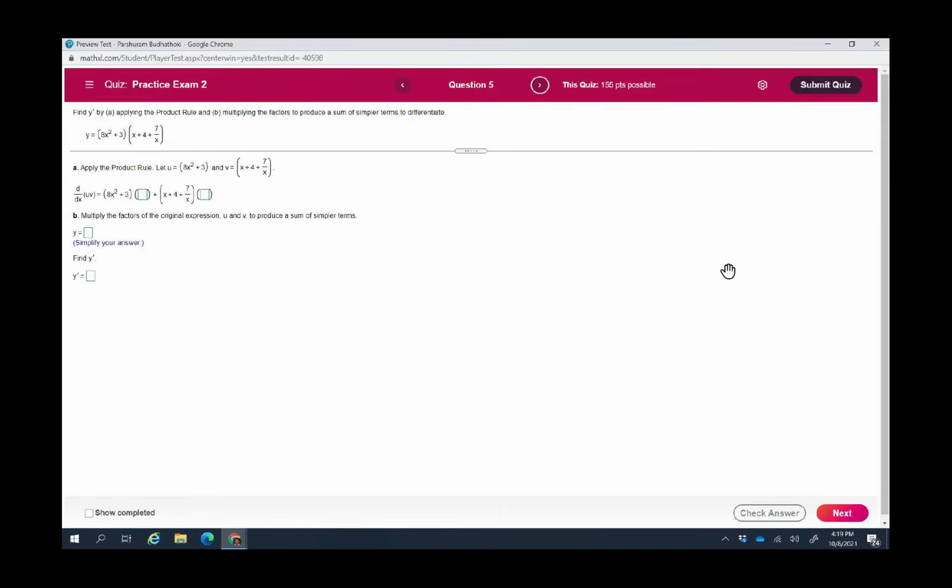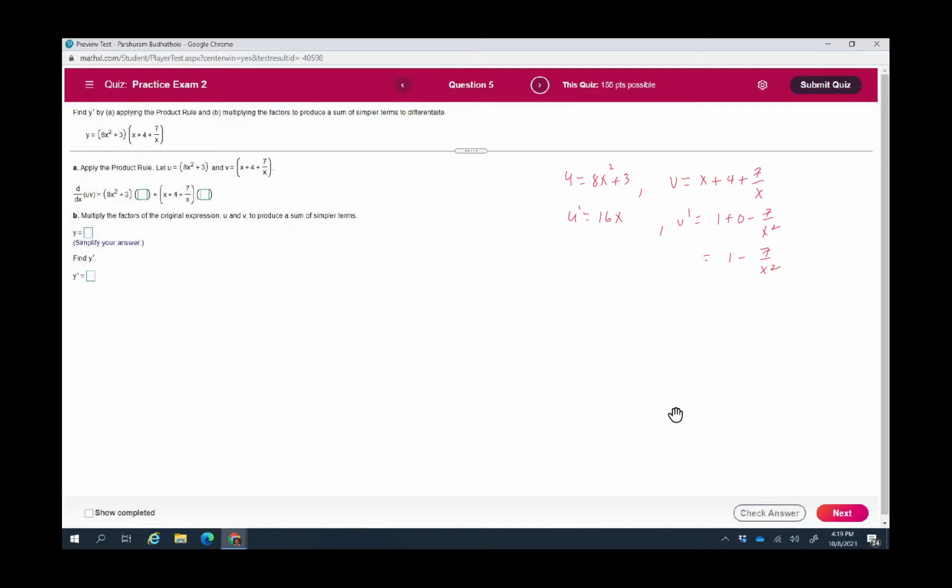Okay, so now we are given y as a product of two different functions, and we need to find the derivative of this product, and we are going to use the product rule here. Let's assume that the first part is u and the second part is v, like this. And since we would like to use the product rule,